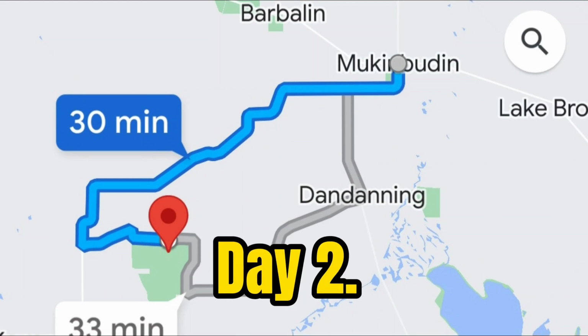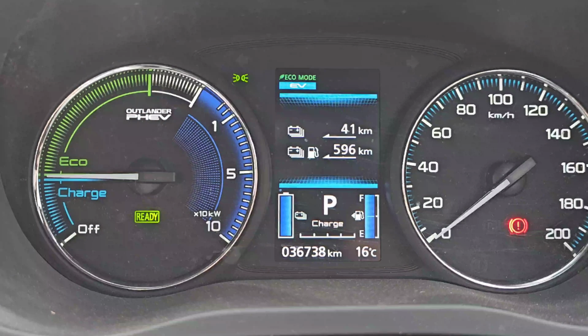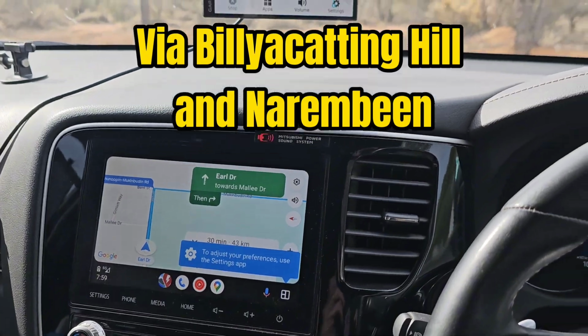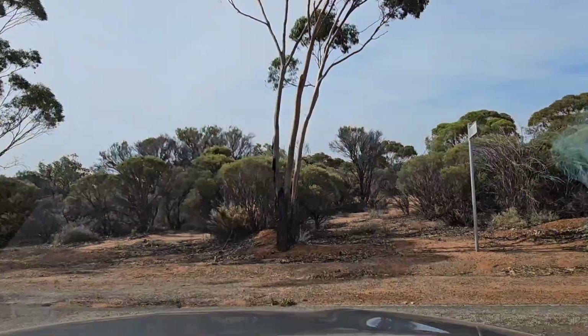Okay, it's day 2, and our first little trip is to Billyacatting Hill and Nature Reserve, and it's roughly half an hour or so to get there. We're all set to go, fully charged, and we're going to a place today called Billyacatting Hill, and it's quite a cool morning, a little bit windy out there. I don't know if you can see the trees blowing there,